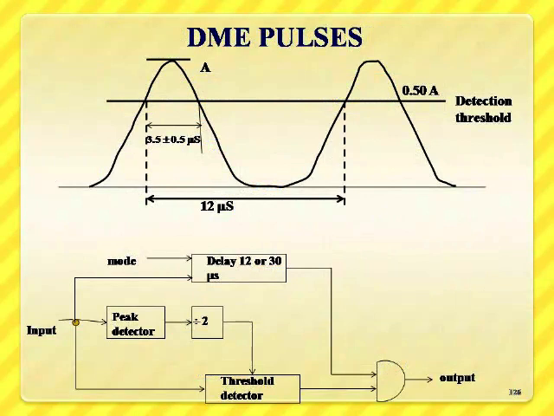The received pulses are shown in this diagram. So if they cross the detection threshold, they will be identified as a pulse. If it is below, it will be identified as noise, and the time durations are also indicated. So this is given to the block diagram of a system as shown in the diagram below, and the input to output is done through a threshold detector like this.